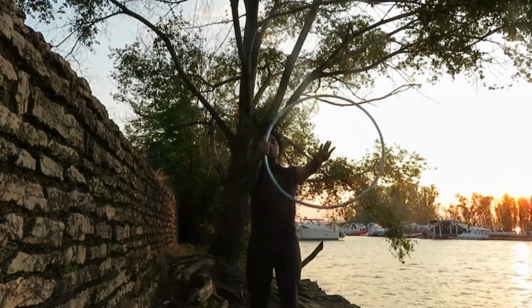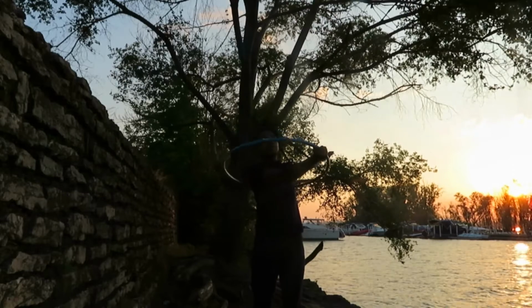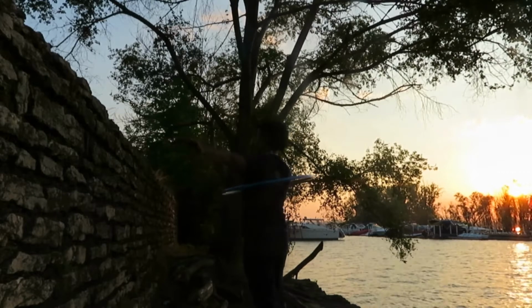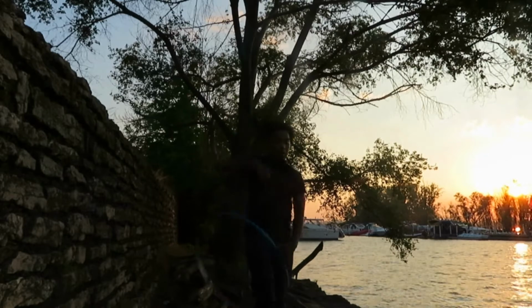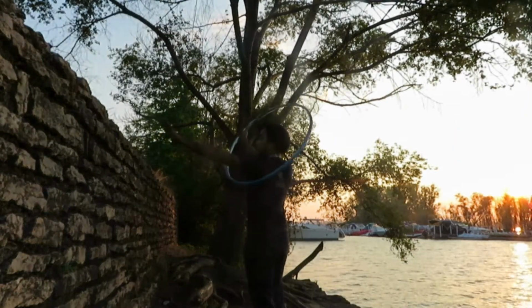Once we go underneath our armpit, we're going to push it with our thumb. Our thumb and our hand are going to push the hoop against our body, but also push the outside of the hoop away from us. So now it's connected on this back part of our body, and as we push it, we're going to take our thumb down and take our hand off, and it's just going to wrap down underneath us. So one more time, underneath my armpit, pushing the hoop